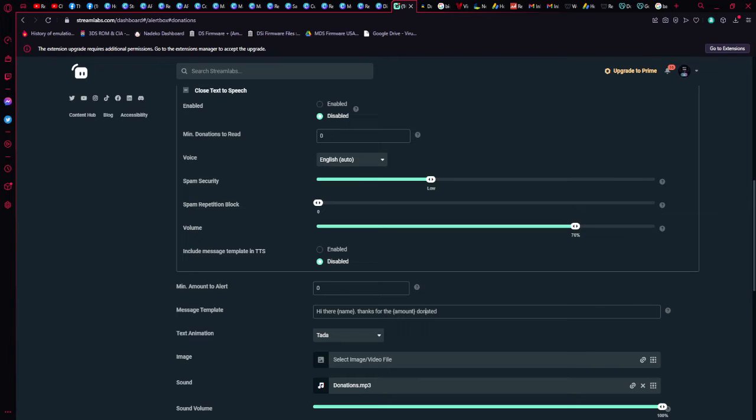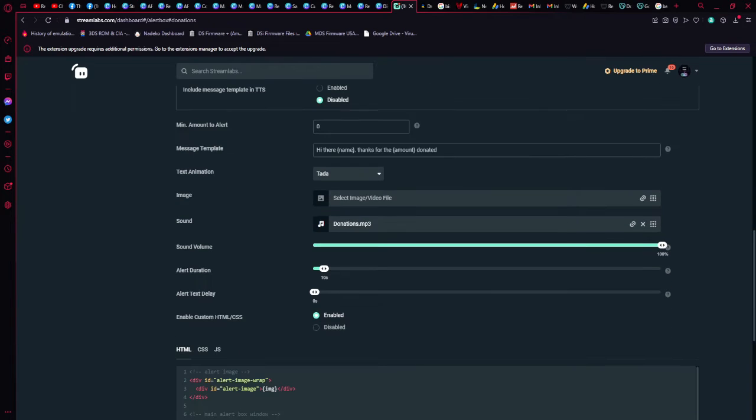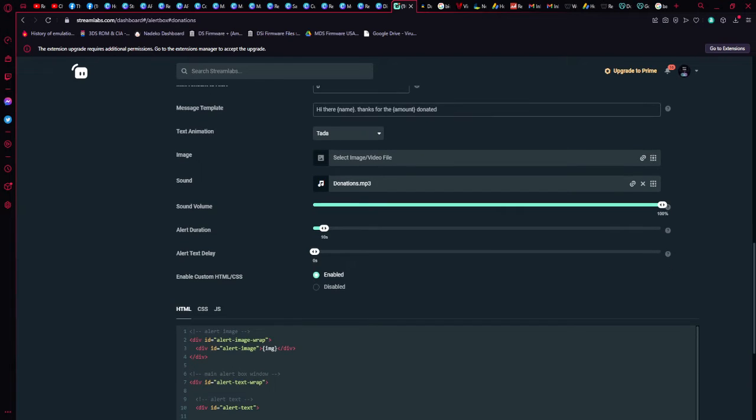And then we're going to save it after this. The text animation is up to you. The image is up to you. The sound is up to you. And everything else is okay. You may have noticed that, however, I enable custom